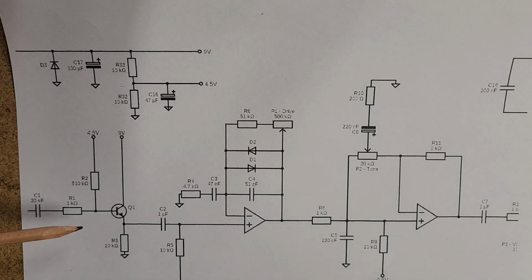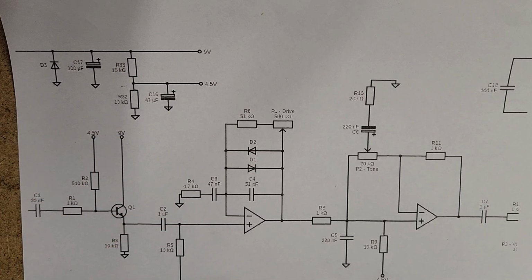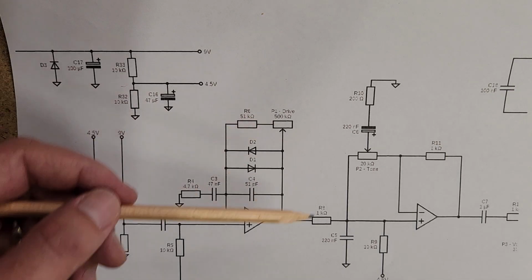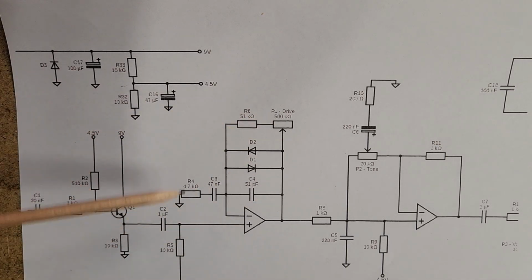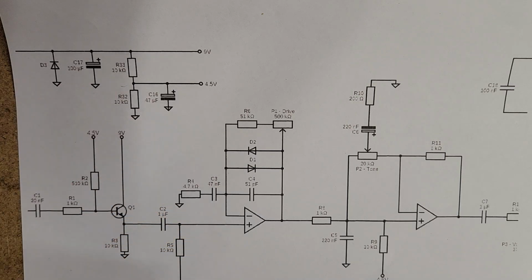What this is doing is, rather than it going up and down around 0 volts, it's going to be going up and down around 4.5 volts, which just gives more headroom for the clipping to happen in the DC area of the clipping circuit. So we're just going to bias it with 4.5 volts, boost it a little bit with